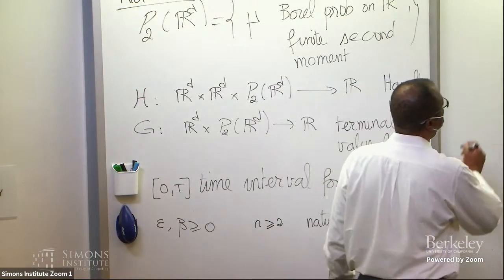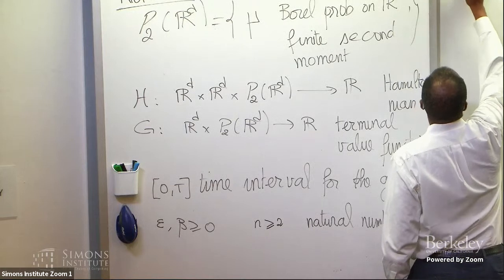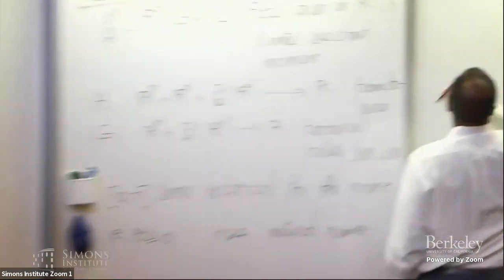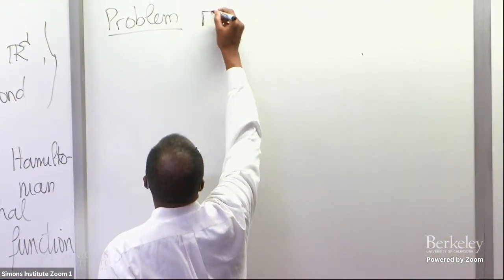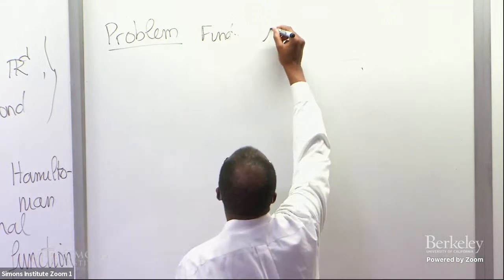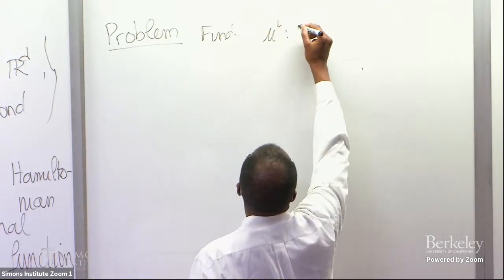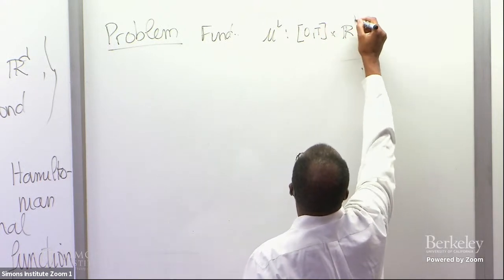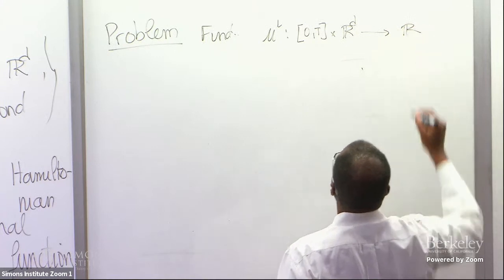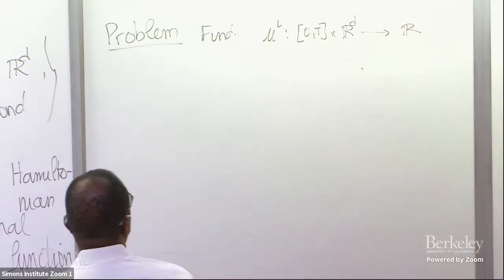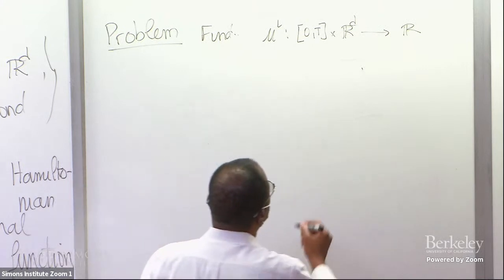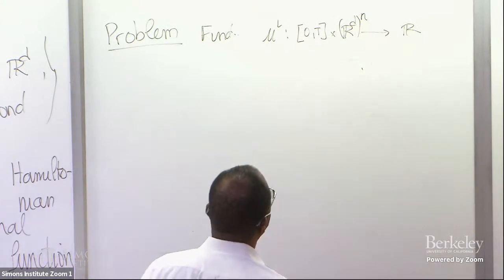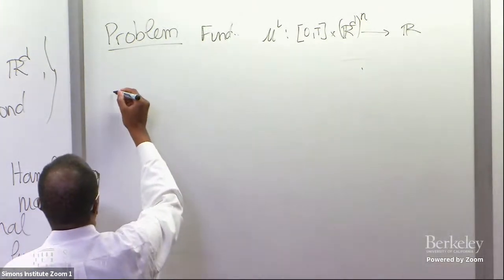And we want to find u_i from 0T cross (R^d cross R^d)^n to R, such that